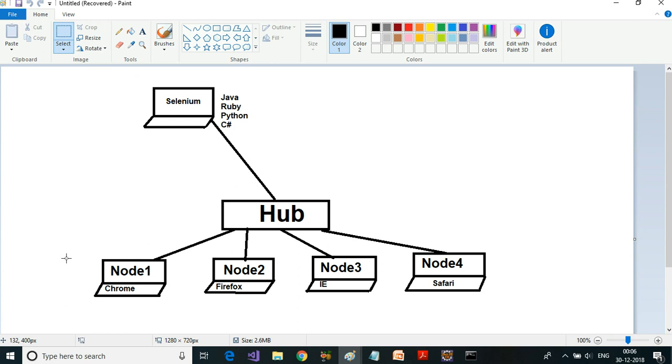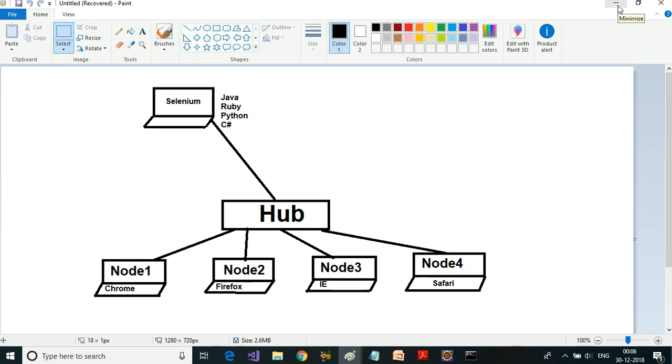Then the test case will be run on that particular node and the result will be sent back to your client machine. Okay, so this is how the hub and node works.